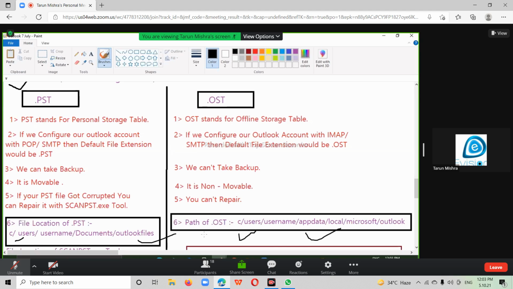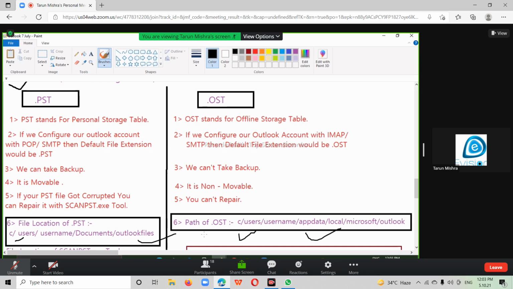So if the interviewer asks you, what is the difference between PST and OST? How does PST come? How does OST come? Your answer will be: sir, when we configure our Outlook account with the POP protocol, we will get a PST file, and when we configure our Outlook account with IMAP, you will get an OST file.